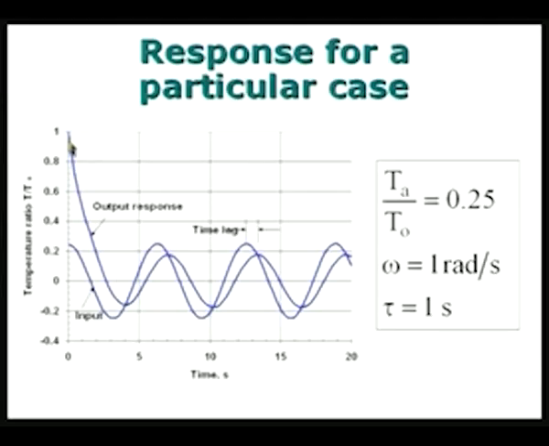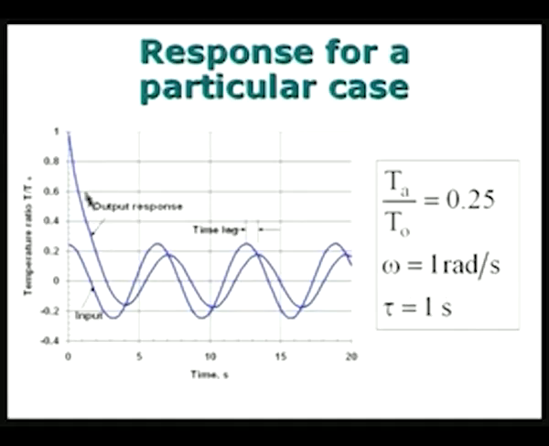So, if I have the temperature ratio T divided by T naught plotted as a function of time, and the input is T A by T naught equal to 0.25, this is the amplitude, 0.25 times the initial value, and the omega is 1 radian per second. I have just taken a particular case, and tau equal to 1 second. So, that omega tau product is equal to 1 in this particular case,